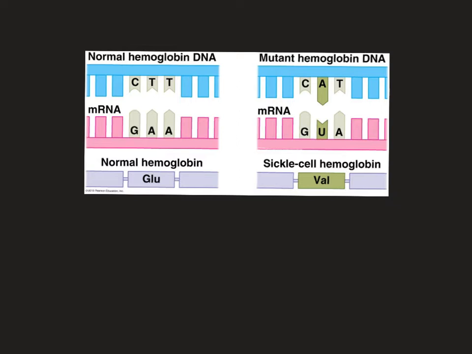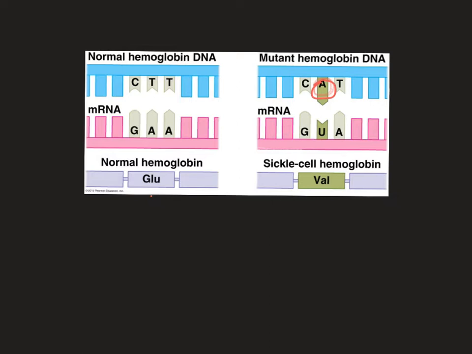If we look here, we can see that normal DNA at a particular point within the hemoglobin is CTC, and the mutant is going to switch it to an A. Switching to that A in the mutant hemoglobin DNA is going to change the RNA, which in turn is going to change this from a glutamine to a